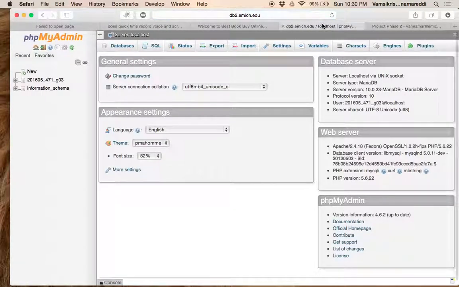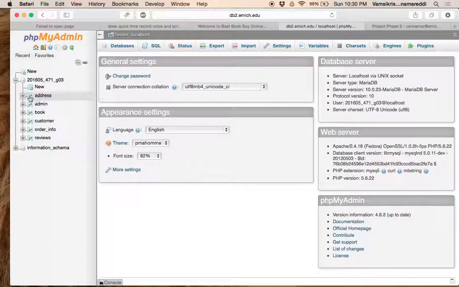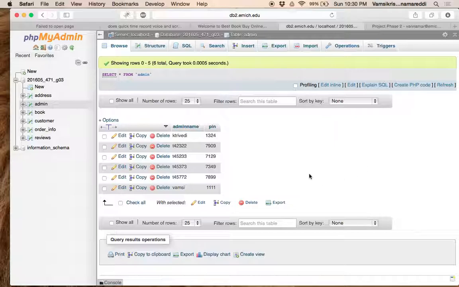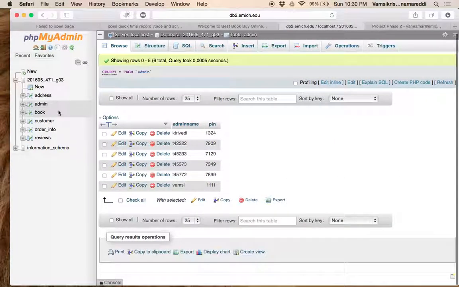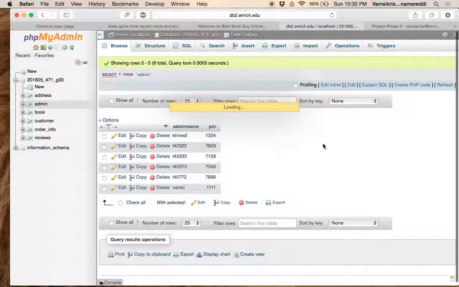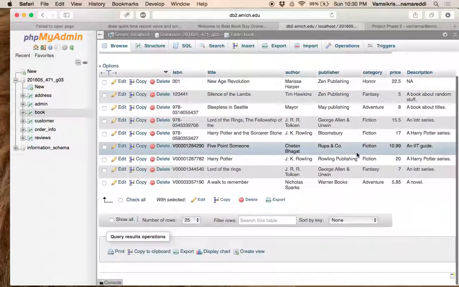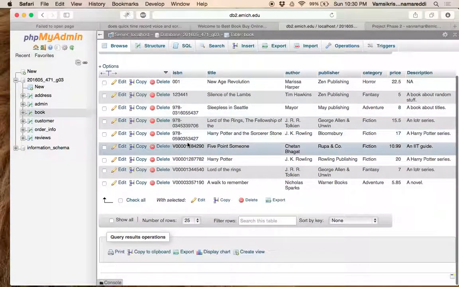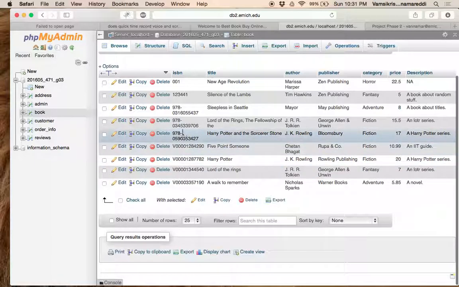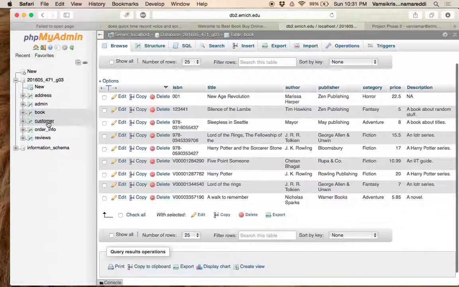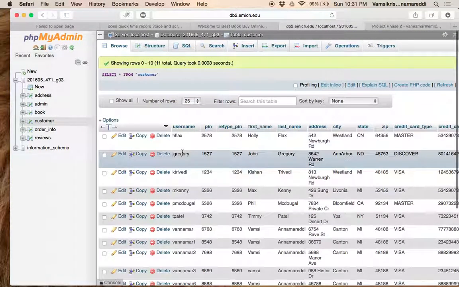And coming into the database, so this is the database piece. As you can see, we did not use the address table at all. This is the admin table. We have the info. We have these many admins, and these are the books that we have. If you remember, it's 10 books, and this is 10 actually. And then we have the customer info, and then we have the order info,